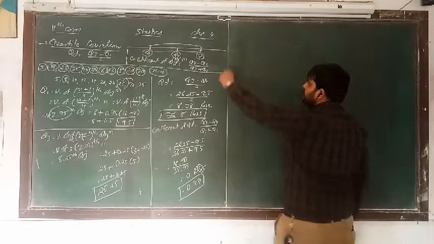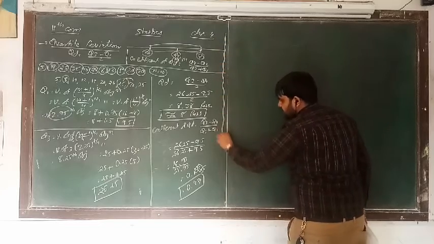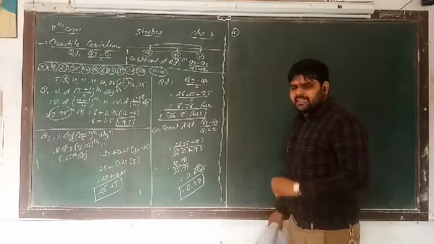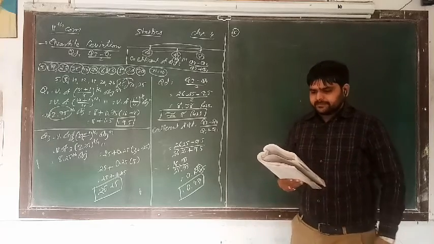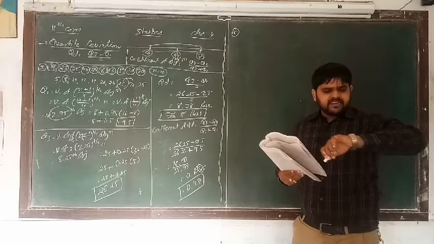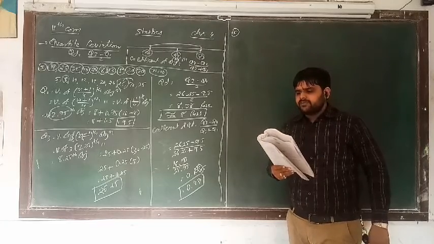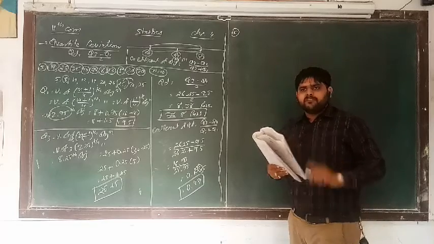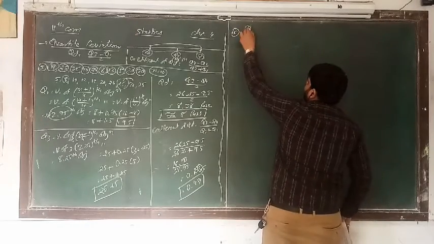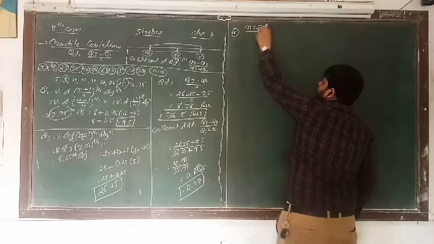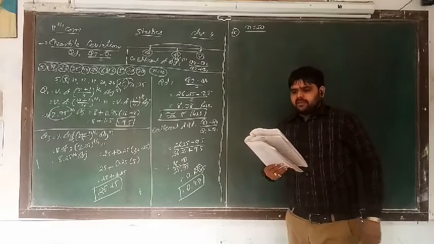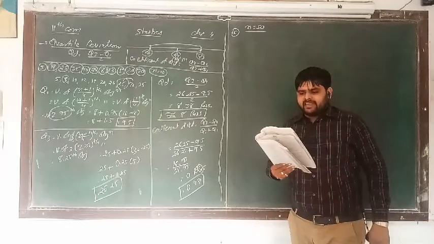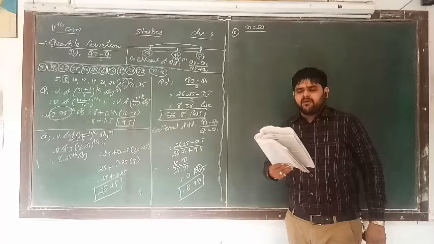Okay, now the next, second example that we have to discuss, and that is example number 6. So what is example number 6? Let's see. In the information regarding time taken to solve a puzzle by 50 students, it means that n is equal to 50. So we write here n is equal to 50. Now find the quartile deviation and coefficient of quartile deviation of the time taken to solve the puzzle by the children.